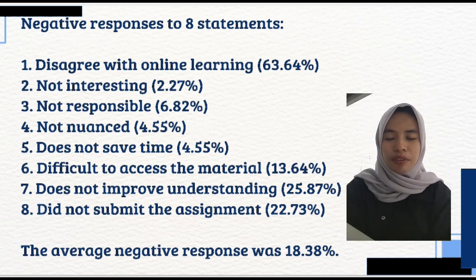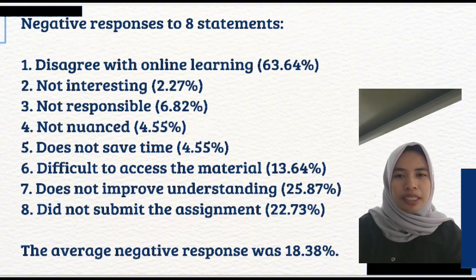And next, for the fifth aspect, does not save time at 4.55%. And then for the sixth aspect, there is difficult to access materials at 12.64%. And then for the seventh aspect, there is does not improve understanding at 25.87%. And then for the last aspect, there is did not submit the assignment at 22.73%. So the average negative response was